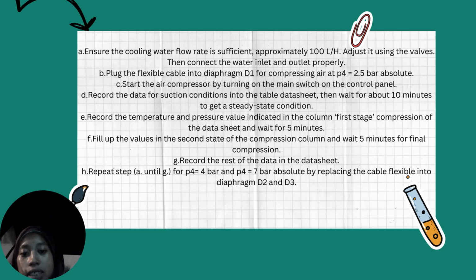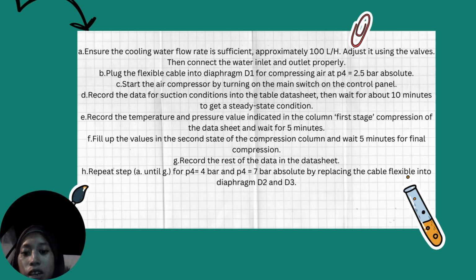Then start the air compressor by turning the main switch on the control panel. Then record the data for the suction condition into the datasheet table. Then wait for 10 minutes to get a steady state condition. Next, record the temperature and pressure values indicated in the column for the first stage compression of the datasheet, and wait for